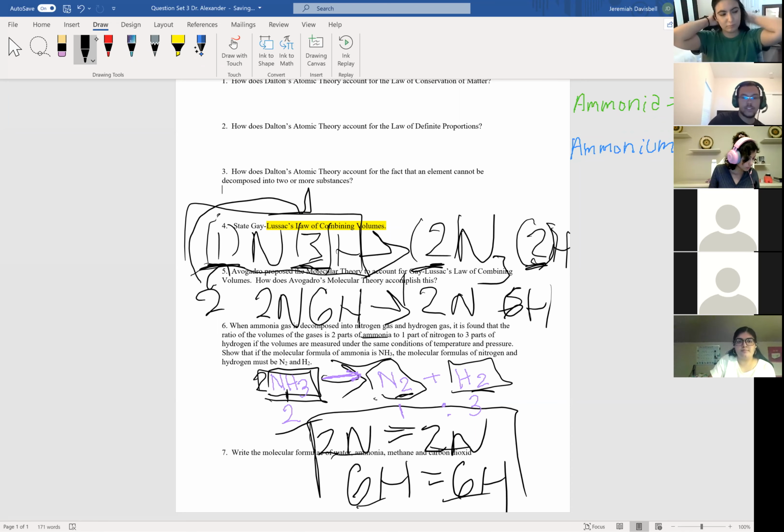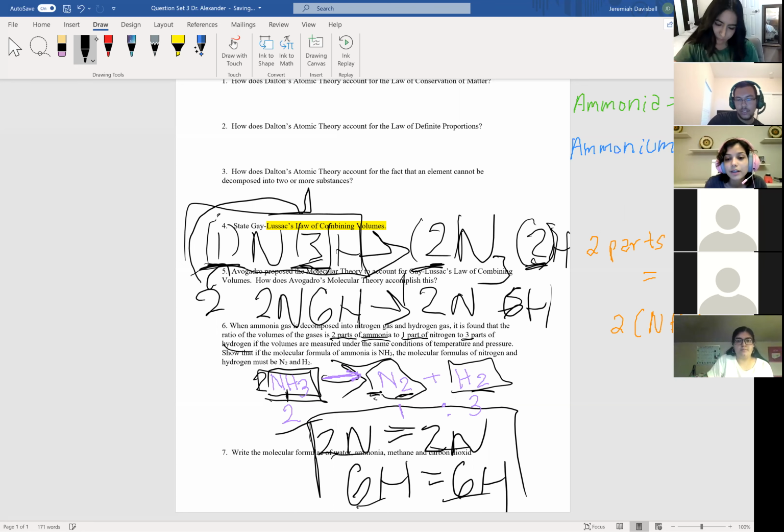We're multiplying this 2 by the ammonia compound itself, which is why I put the 2 in front of the NH3. We have 1 part nitrogen, which is here. And then we have 3 parts of hydrogen, which is why I put the 3 in front of the H2. Oh, okay. So if it were another number, you would do the same with that number. Yeah, whatever parts it is, that's what you're multiplying to the entire compound. Oh, okay, thank you.